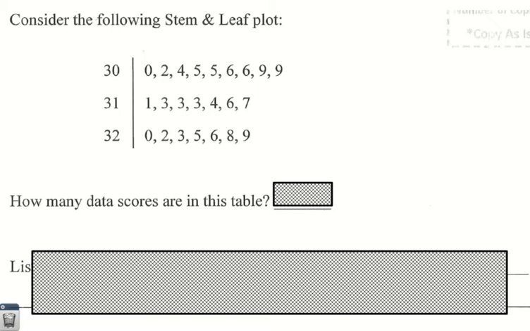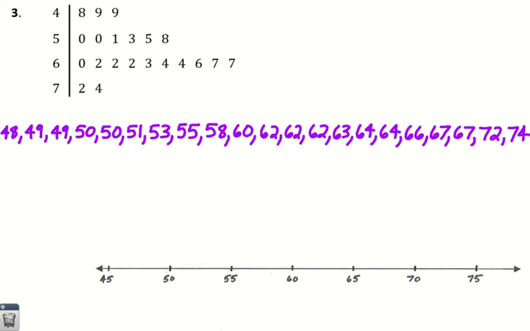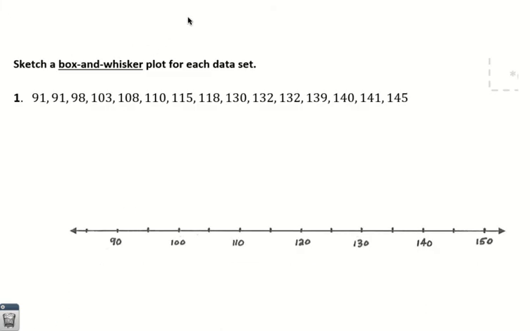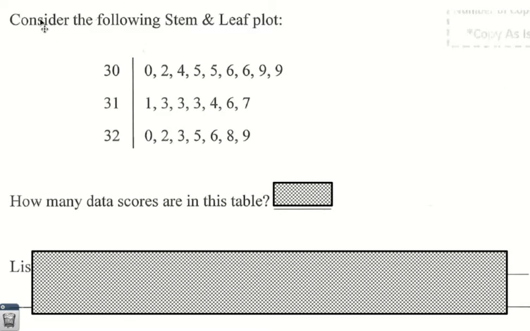So find this handout, whether it's clearly labeled as our 2.7 notes or not. Find the one that starts out like this, and we're going to do a couple of different handouts. We're going to do this handout, and then we're going to do this handout, which starts off looking like this. But anywho, we start off on this handout where it says, consider the following